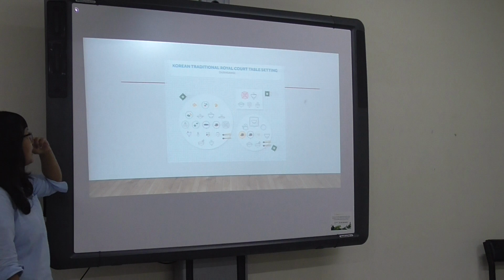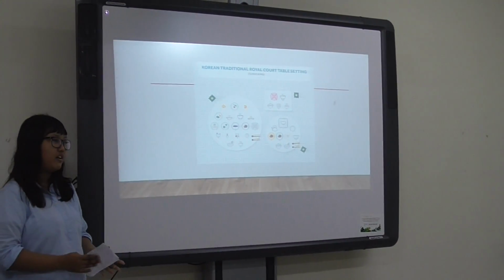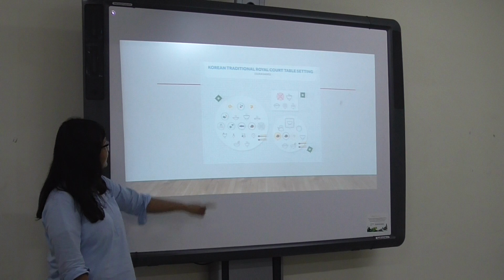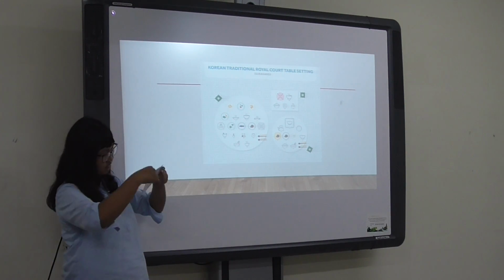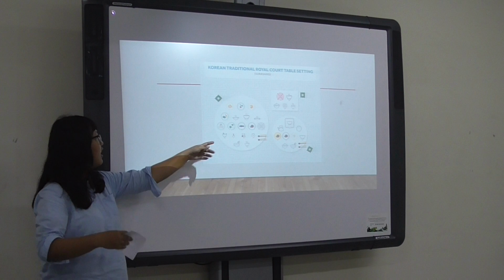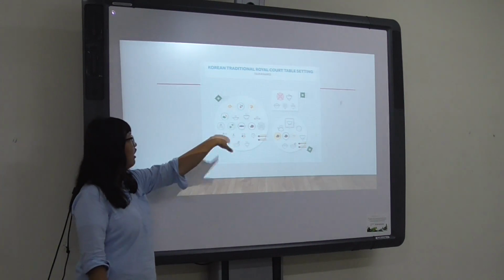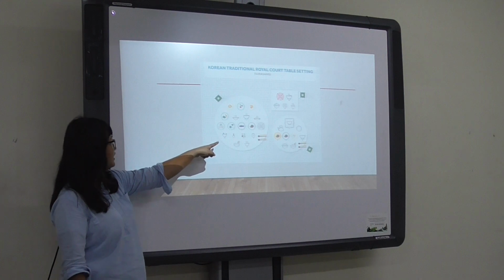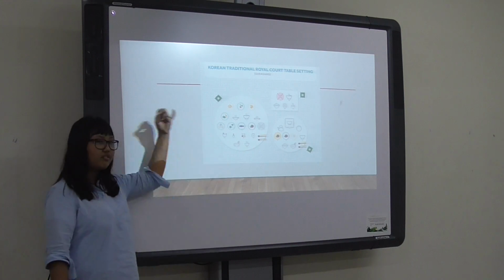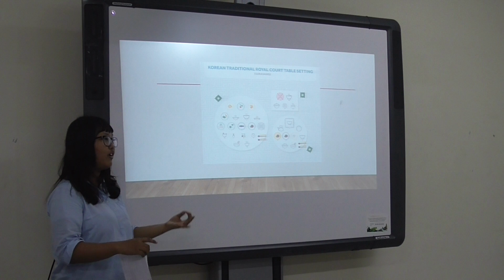Alright, this is the table setting. It's called surasang. Surasang is the royal table to place the meals for the king and the royal family. Surasang is divided into three. The first one is called Daewonban. Daewonban is the main table, the biggest of those tables. It contains white rice, soup, stew, and side dishes like maybe kimchi or fish,